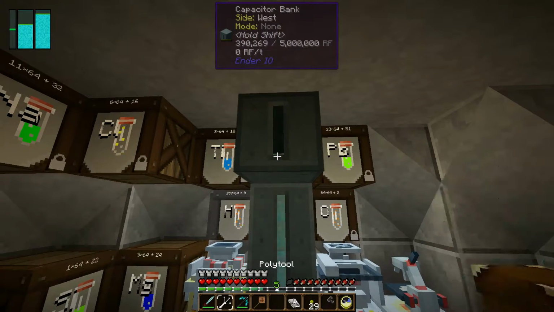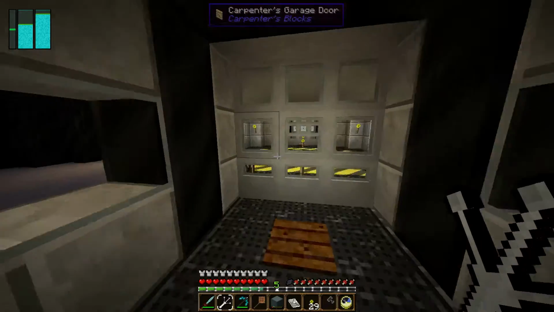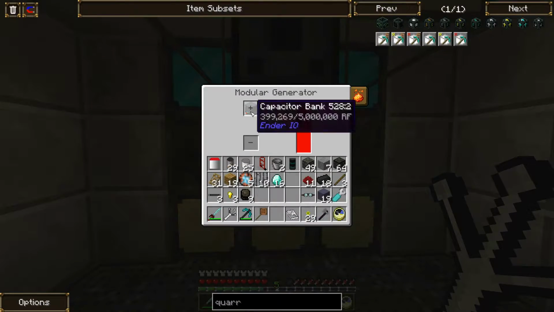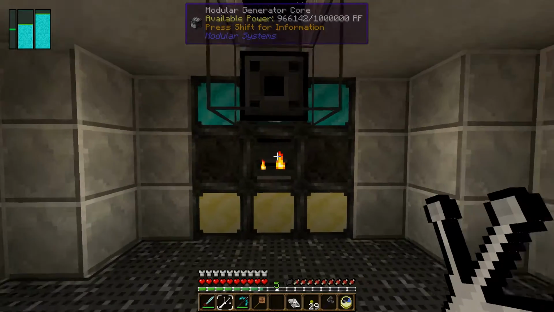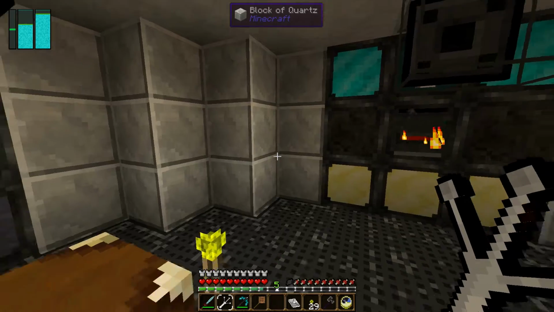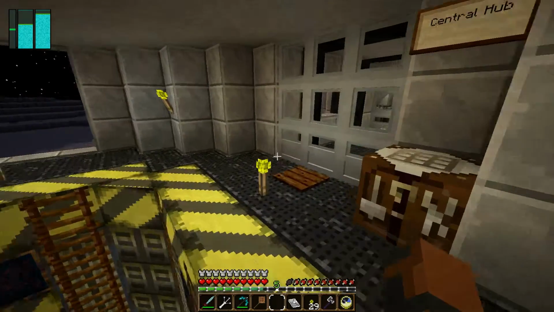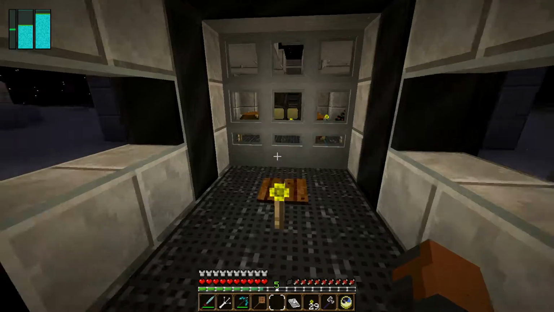Oh yeah, I forgot this is a normal capacitor, so it's actually got a lot of power in it. So yeah, now the issue with transferring power is that I have to come back to this thing and pull out the energy cube every once in a while. But I'll need some sort of power system designed to transport power everywhere. And it's going to be interesting. What I think I'm going to do...